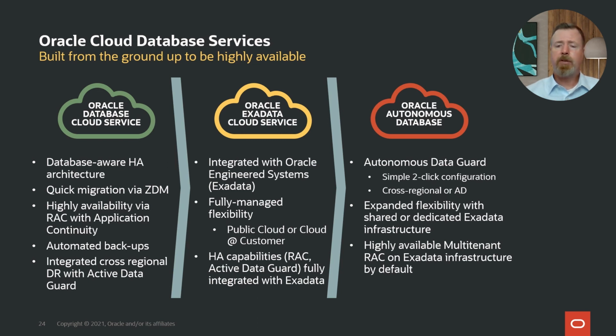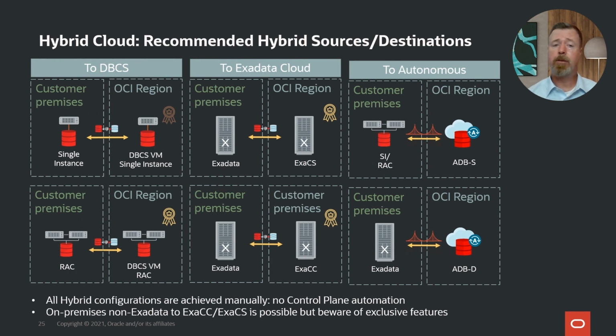And then everything's built, of course, from a highly available multi-tenant RAC infrastructure. So it's using all the other technologies and optimizations that we've been talking about. So these are our different offerings that we have. Now, how do you get there? Well, you can go ahead and take advantage of a hybrid cloud approach. This is useful from a migration standpoint or for setting up DR as perhaps a phase 1 to moving into the cloud. You can see that represented here.